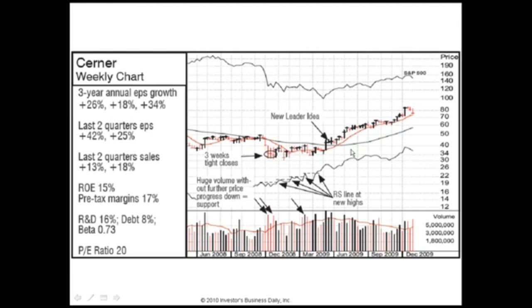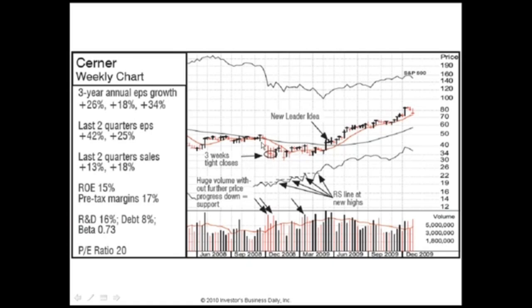So you've got to be able to interpret your charts accurately to see, okay, Cerner this week is in the right position, or Baidu is in the right position. So you have to weed down, and that's why the skill in the chart reading helps you weed out those that are so-so and focus on the ones that could tend to be the very biggest leaders. Cerner was a different kind of situation, a little more conservative. But notice on the left-hand side down, you had 3 weeks tight again. Now look very carefully we had 1, 2, 3, 4, 5 weeks breaking down on this stock.